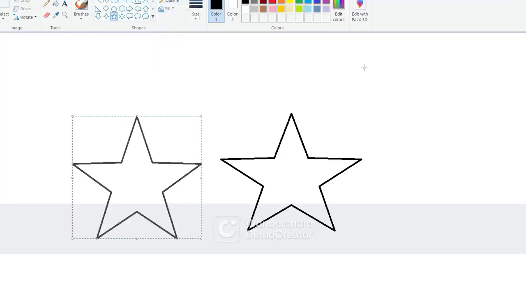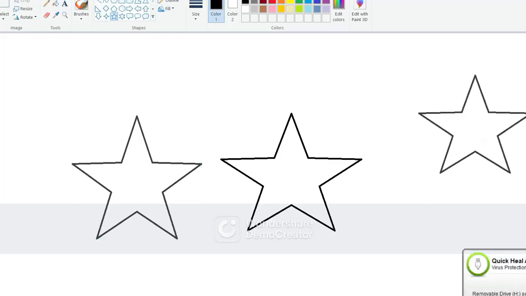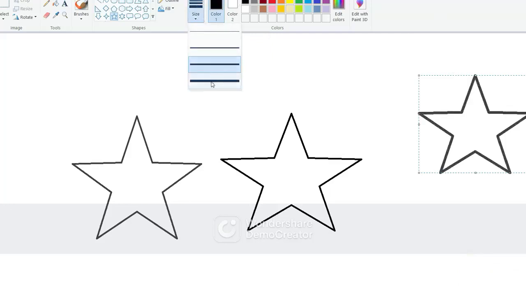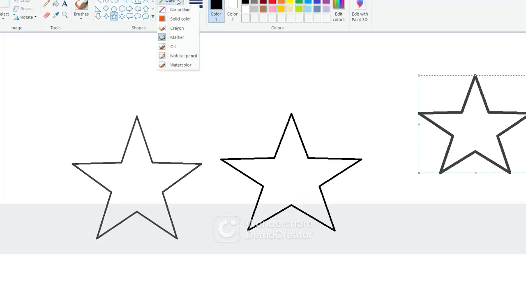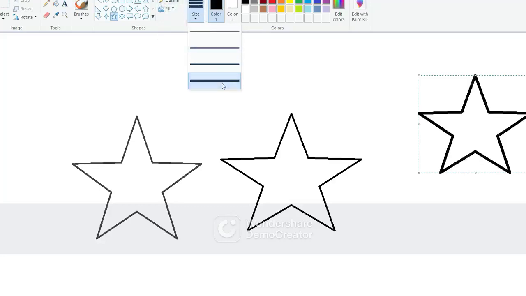and now if we draw again, look at the changes. Hold the mouse button and drag. It has drawn. Now if I want to change the thickness of the line, here we have the line thickness option. See, you can see the changes. Look, this is 1 pixel line, this is 2 pixel line, 3 pixel, and the maximum 4 pixel line. So like this you may change the outline style, and apart from outline style you may change the size of your shape.